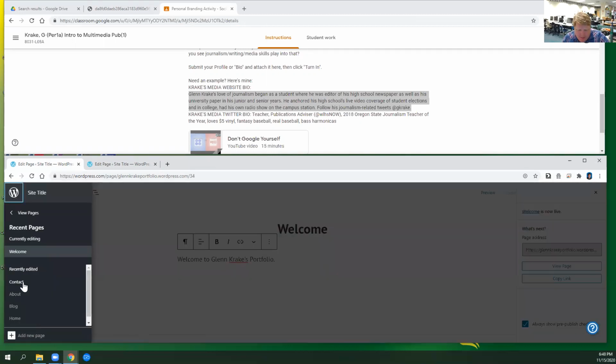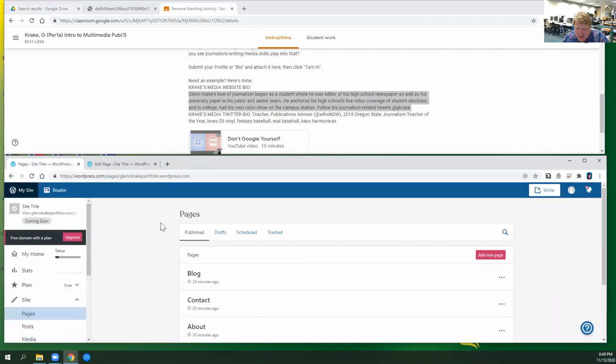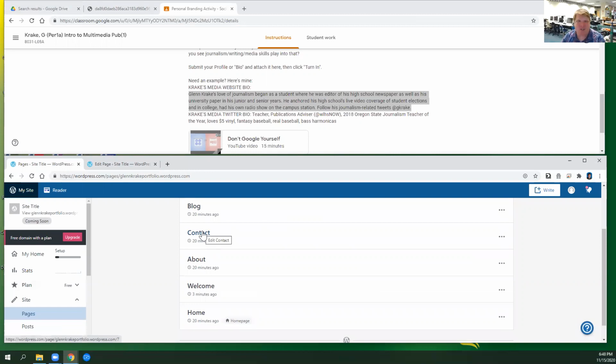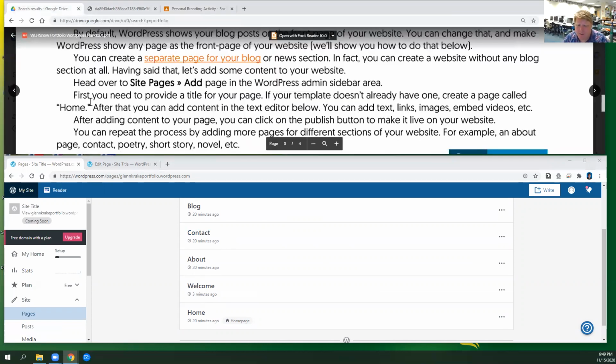So now I'm going to go back. I'm going to view my other pages. So I recommend that you go through the contact page. You probably don't even need to touch it because you can keep this. But then we're going to start adding skill pages, right? So if we go back over here,